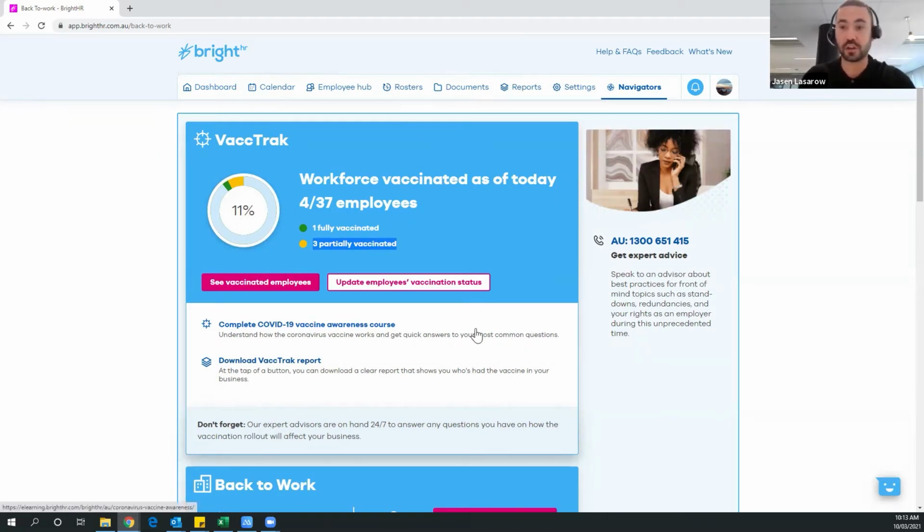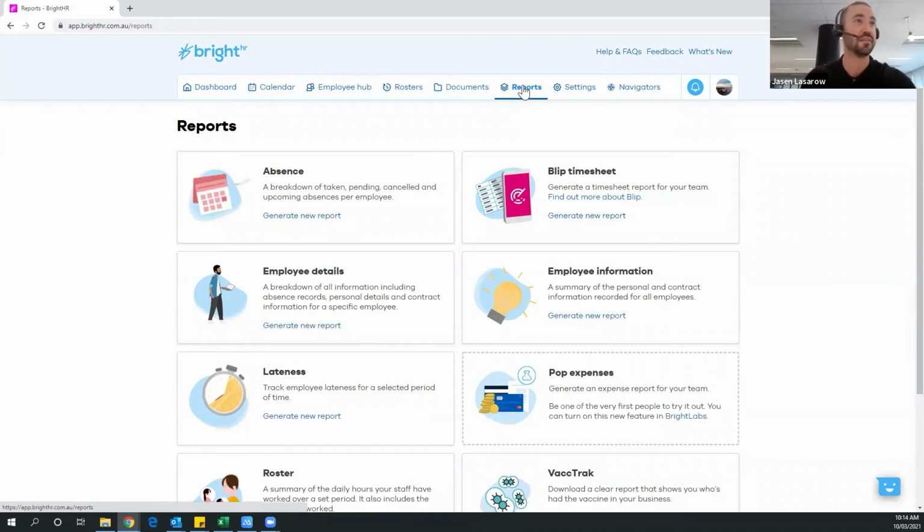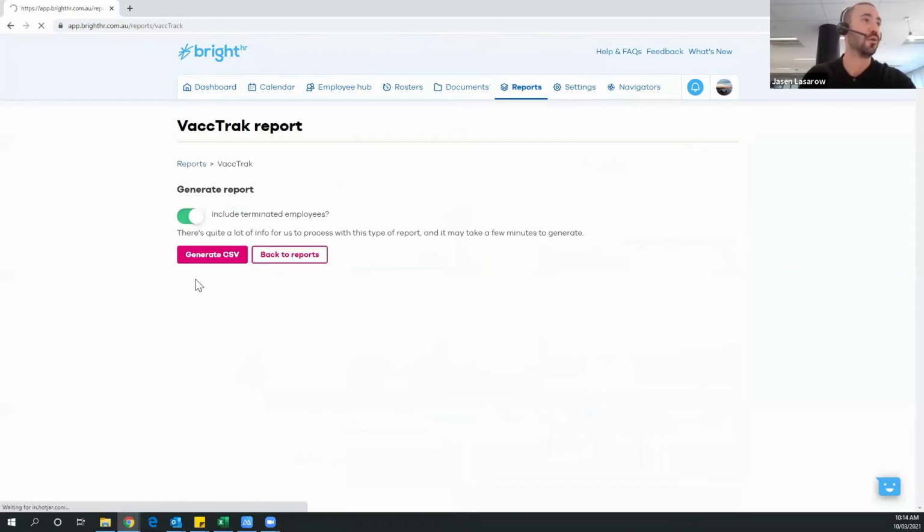So what's also included in the VaccTrak update is a downloadable VaccTrak report. So if we click this download VaccTrak report, or even simpler, if you're doing your reports for the fortnight or month, there's a VaccTrak report from the report section tab. But if you click generate new report and click generate CSV, as you would do any other report, it would